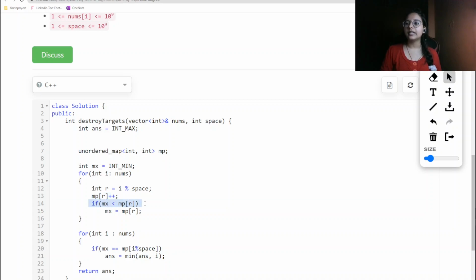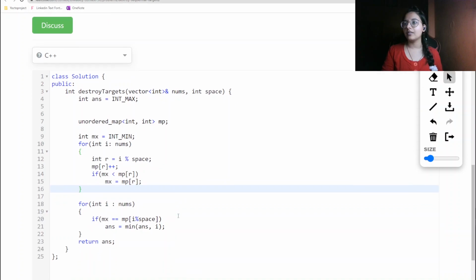Then here we will be checking that corresponding to this particular remainder, what was the actual count which we got. If it is greater than our maximum count, then we will be updating our maximum count with this. And because of this, we will be able to figure out the maximum numbers which we could easily terminate from this nums which is being given to us by taking a minimum number